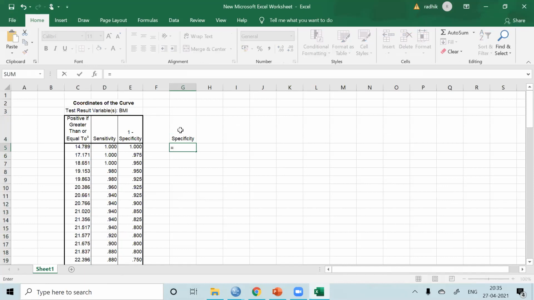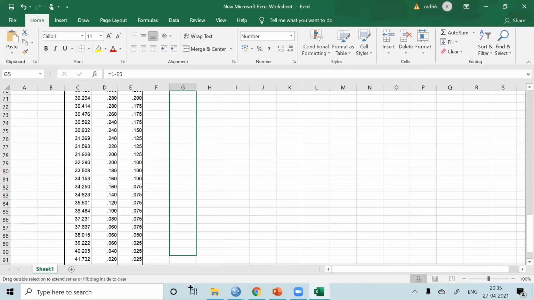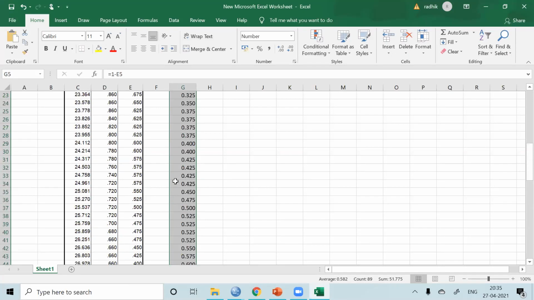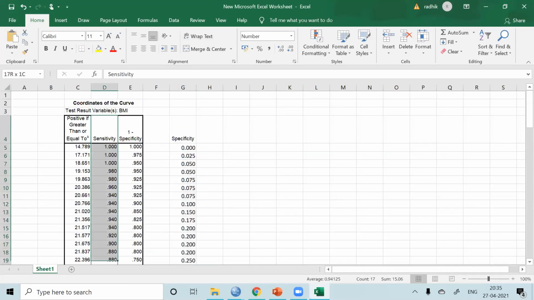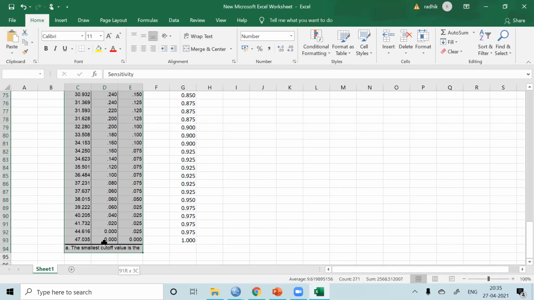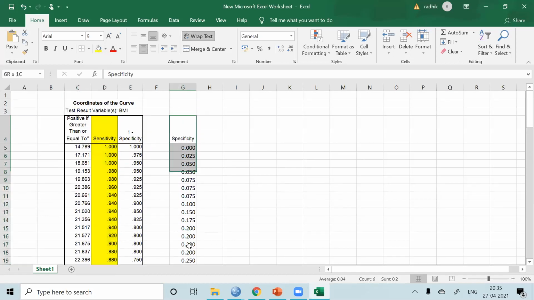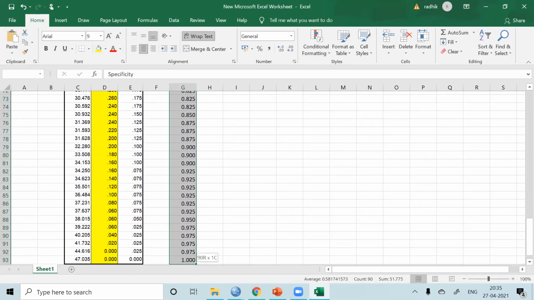Specificity will be 1 minus this value. So I've got sensitivity, I have got the specificity. This is the sensitivity for each BMI cutoff and this is the specificity.